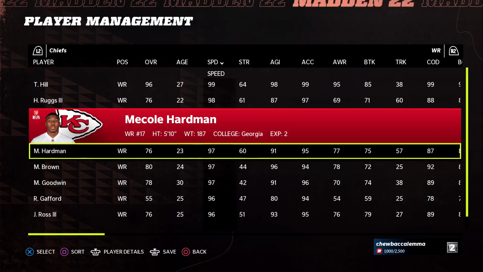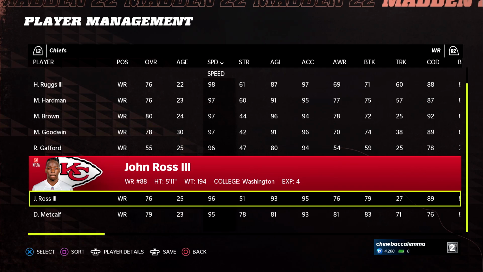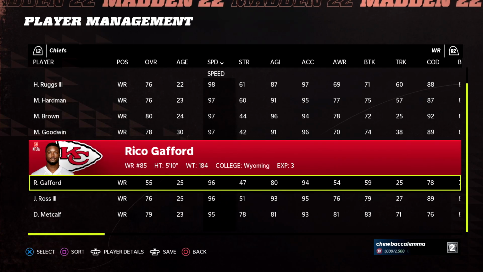The 7th fastest, oddly enough, is 97 speed McCole Hardman. I have no idea why. He just did not test well for me, but McCole Hardman, again, this is not science, but he got 7th. 6th, we got a tie for 5th and 6th because we just saw it: John Ross and Rico Gafford. It's too close to call, but they're both